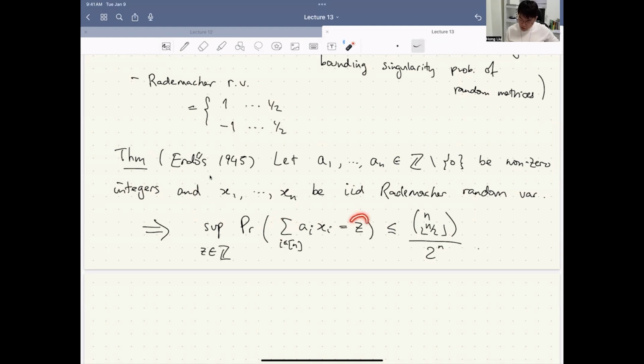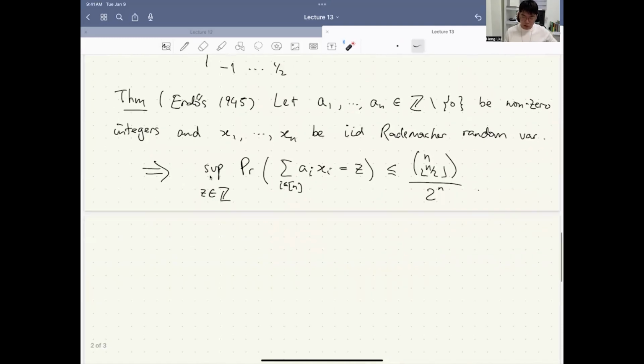And we want to see the atom probability, which means the probability that this sum takes a particular value. So taking the supremum, we want to bound the probability that it has a particular value. This is the atom probability. We want to say that this is not too large. By Stirling's formula, so let's recall,